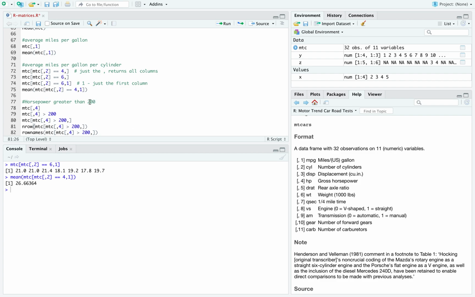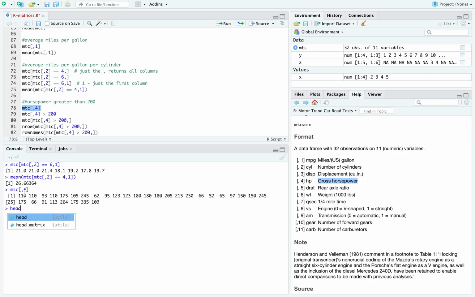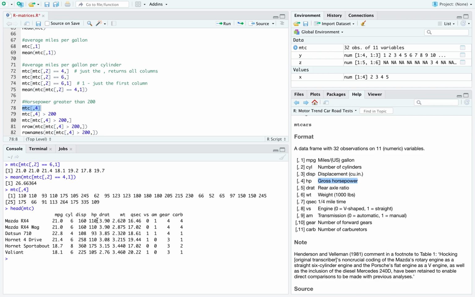Let's do horsepower greater than 200. So gross horsepower is the 4th column. And let's just take a look at it. This is breaking it down even further. If I say give me the 4th column, there's my 4th column. And if I say head MTC again, just to get my bearings, horsepower, yeah, 110, 93. This is what I'm dealing with, just that 4th column. So that's cool. If I want the 4th column where the value is greater than 200,